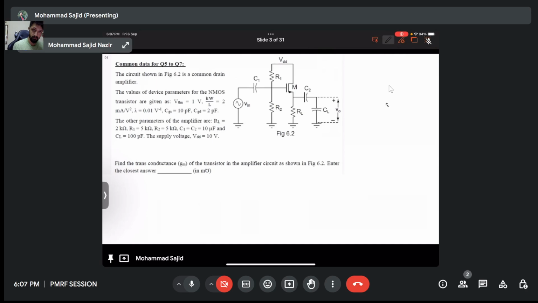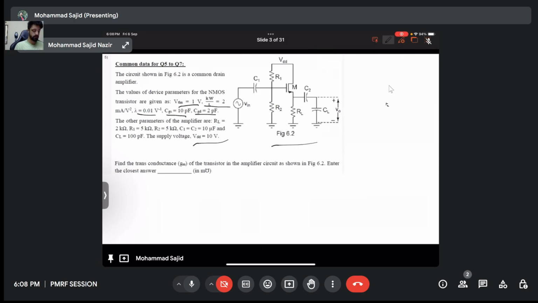So this question says the values of the device parameters are given. The threshold voltage is 1 volt. kW by L is 2 milliampere and channel length modulation is 0.01. Characteristic capacitances CGS and CGD are given. And the other parameters are the resistances and some external capacitance parameters given to us. And VDD is 10 volts. Find the transconductance of this transistor